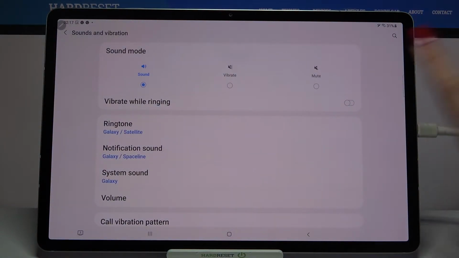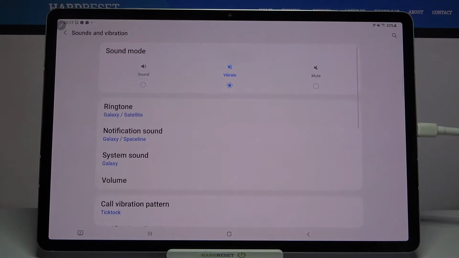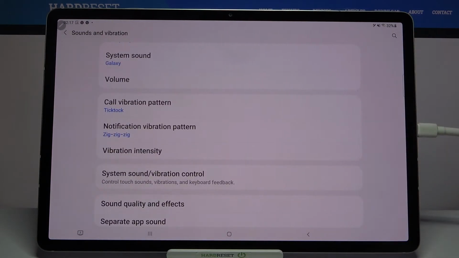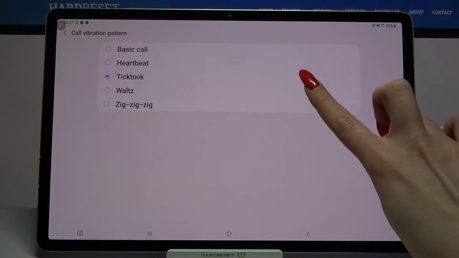to Vibrate while ringing to enable or disable vibrations for incoming calls. If you want to mute your device completely and leave only vibrations, tap on Vibrate over here. Now scroll down, click Call Vibration Pattern and select pattern for your incoming calls by tapping on the chosen one